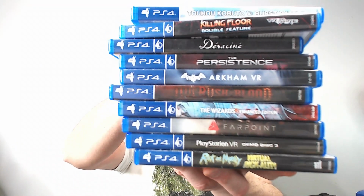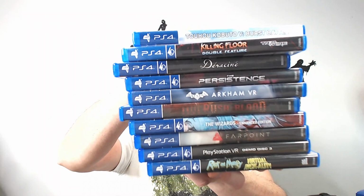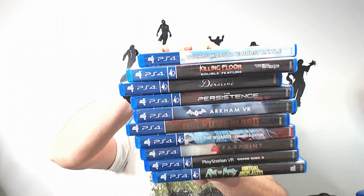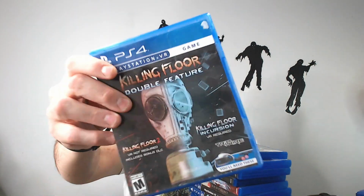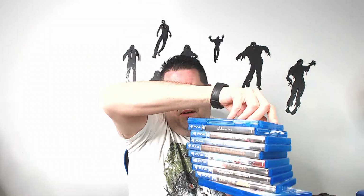They're Rick and Morty, the VR demo disc, which meh. Farpoint, Wizards, Rush of Blood, that is Until Dawn, Arkham VR, the Batman game, Persistence, Darknet, Killing Floor Double Feature. That is actually 2 games. Let me show you that. That's 2 games in one. It's Killing Floor Incursion and Killing Floor 2. And the last one is Kabuto